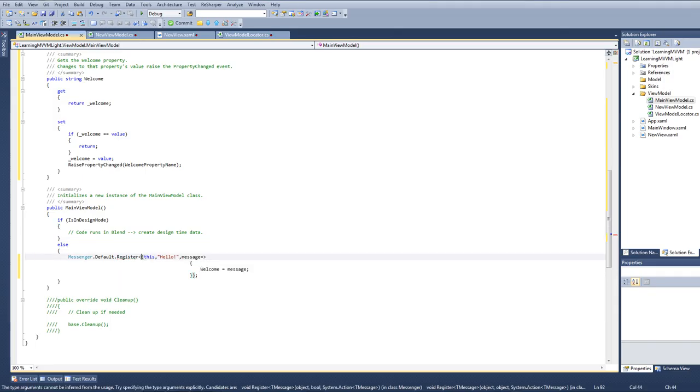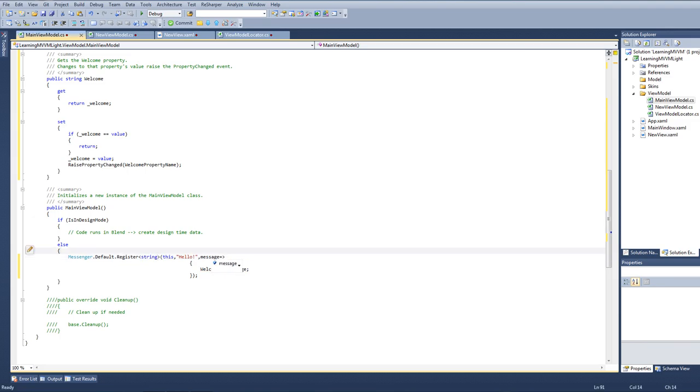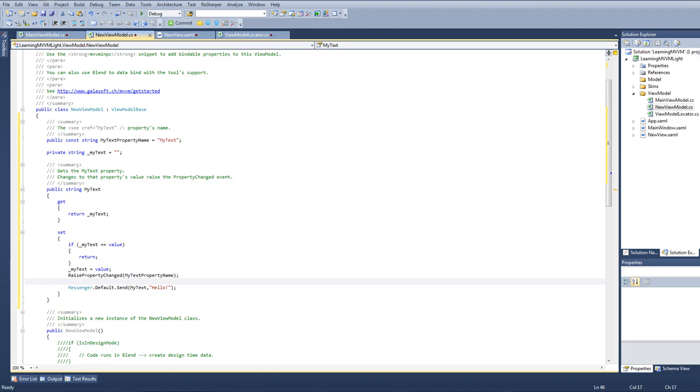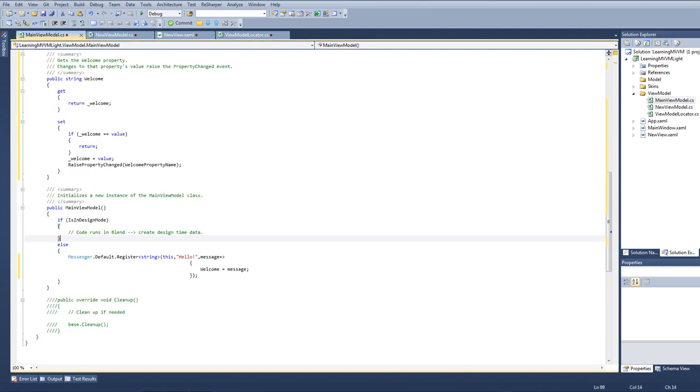This doesn't know the type off the bat, so whoops. I'm going to be sending a string. There we go. And now message is a string. Okay. And when I run this, the new view model is going to set my text. It's going to send it through the messenger class. Main view model, which in its constructor is going to register for that event, will receive the message